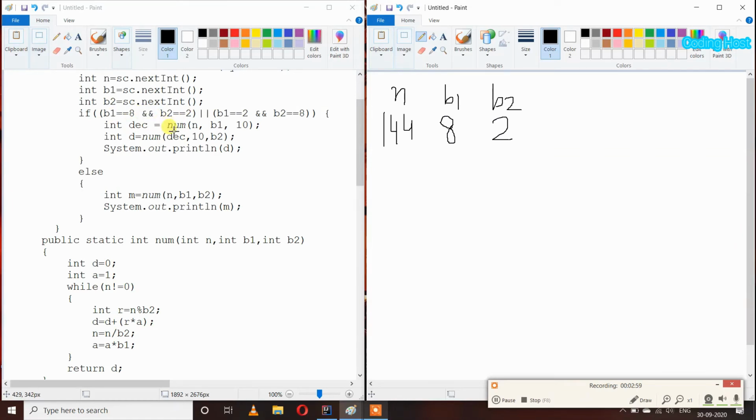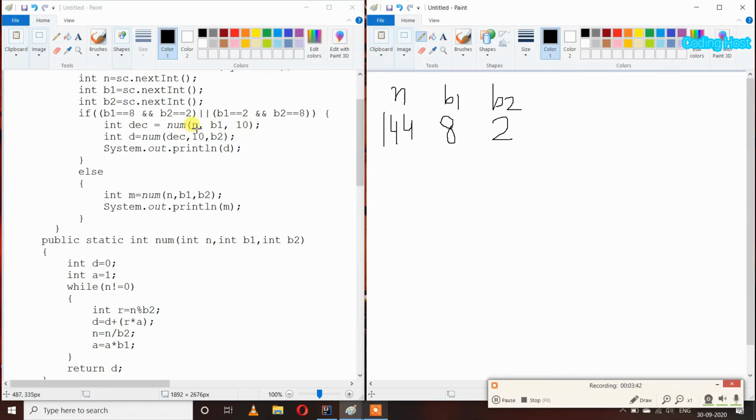So it will execute int dec equal to num, and in this I have passed n, base 1 and 10, so it will call the num method which is here, and in this we are passing our n variable, base 1 variable, and after that I am passing 10, because first we have to convert our source number into a decimal number.